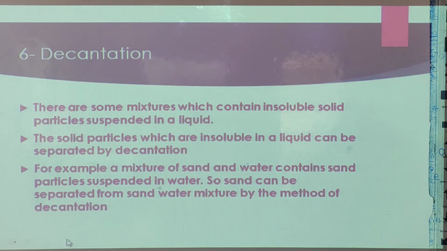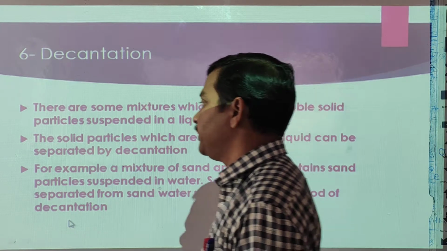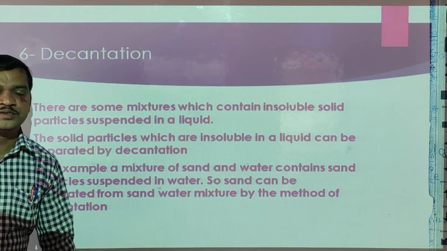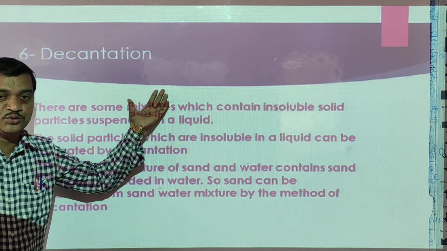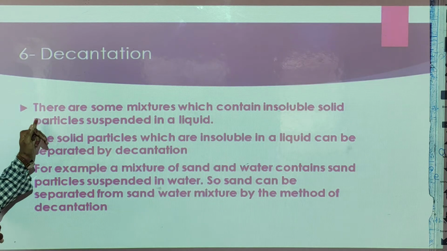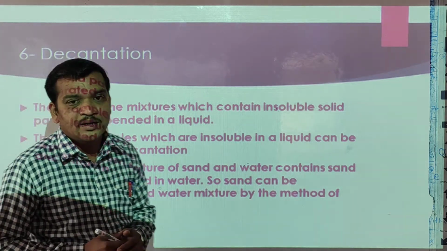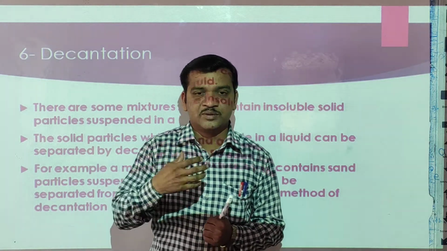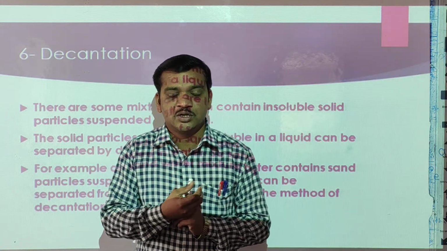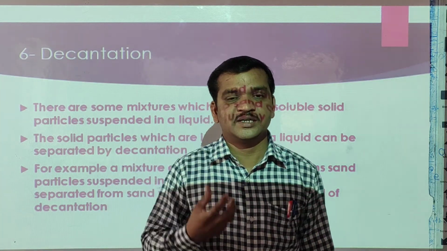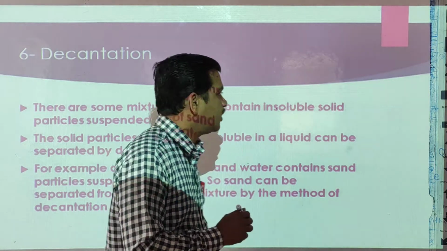Next method, decantation. Now what does decantation mean? Decantation is one method to get a pure substance. For example, there are some mixtures which contain insoluble solid particles suspended in a liquid. For example, chalk powder. Suppose the water is muddy water. So in that muddy water, or if chalk powder is present in the water, all the chalk particles,